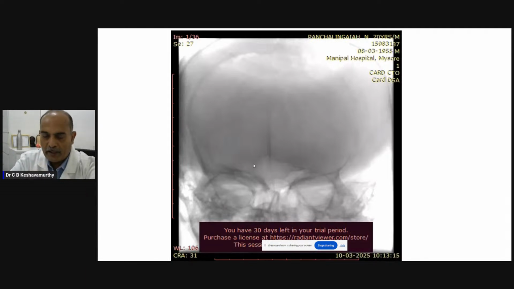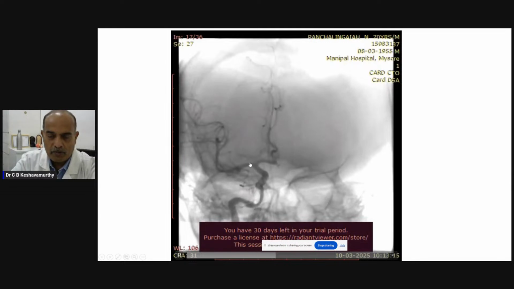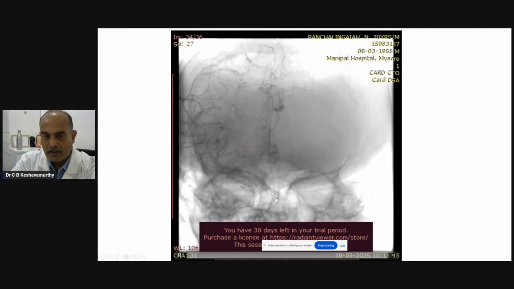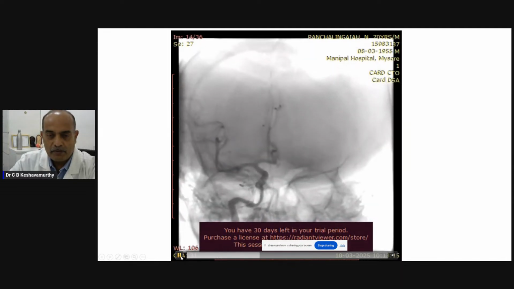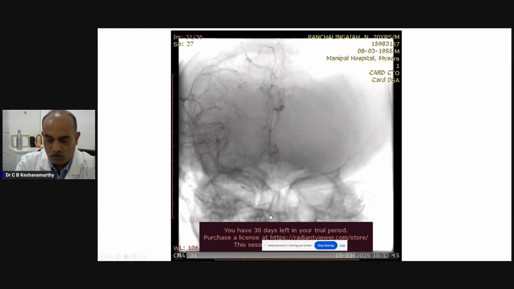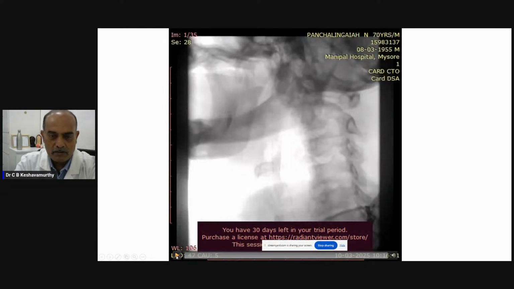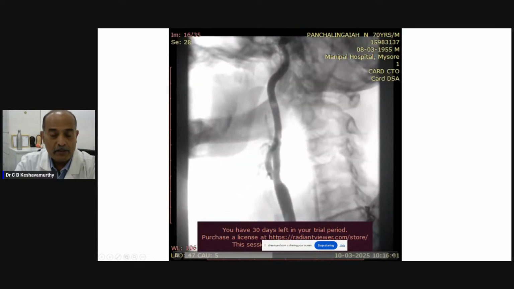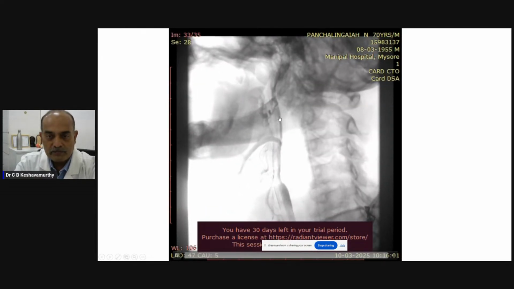So at this point, there was a dilemma on what to do with this kind of thrombosis, because if you try to get in and aspirate, there may be distal embolization causing more damage to the brain. Or just give some additional agents there, like Integrilin or the other intravenous antiplatelet agents, or just give anticoagulation and leave the patient alone. These were the kind of thoughts that were there, but we were not satisfied with the result and thought that leaving such a big thrombus in the internal carotid is a harbinger of further thrombosis. So we thought we'll do something.